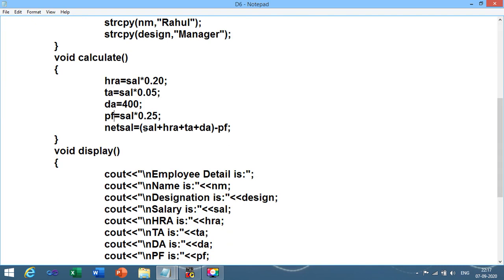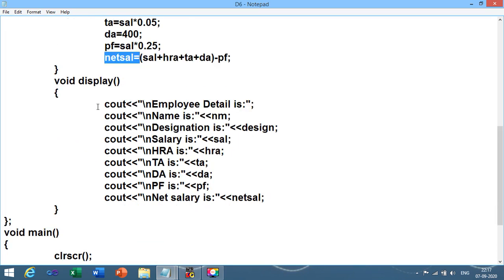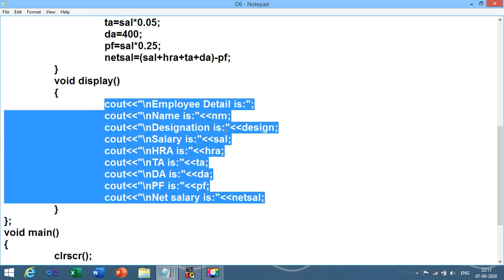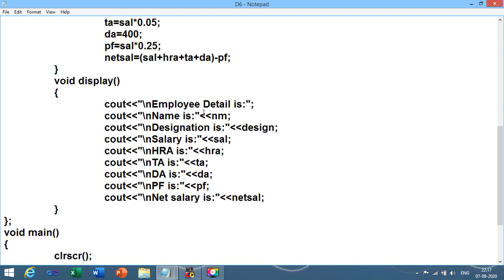Now let us understand that salary, HRA, TA and DA are added, and after that PF is subtracted in the given formula, and finally I get the net salary. Now I want to print the details of the employee. For that I am going to display name, designation, salary, HRA, TA, DA, PF and net salary.